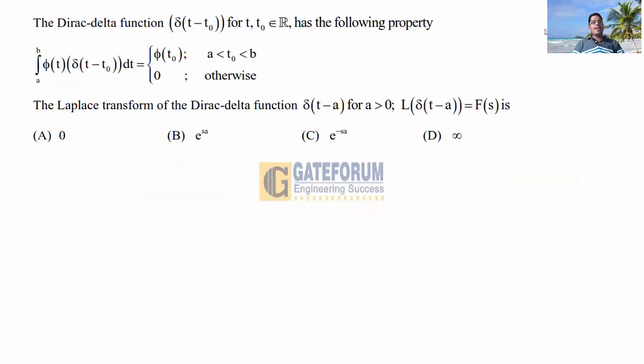The question is: the Dirac delta function delta of t minus t naught, for t, t naught belonging to R, has the following property. Integral a to b phi of t into delta of t minus t naught dt is equal to phi of t naught if a is less than t naught less than b, 0 otherwise. The Laplace transform of the Dirac delta function delta of t minus a, for a greater than 0, L of delta of t minus a is equal to capital F of s is. This question is from engineering mathematics, from the topic Laplace transforms. Four options are given, A, B, C, D. The solution is